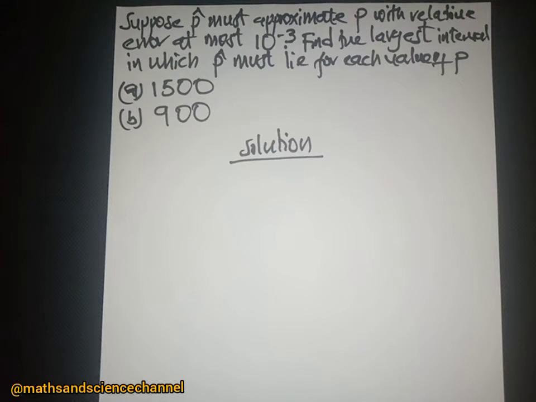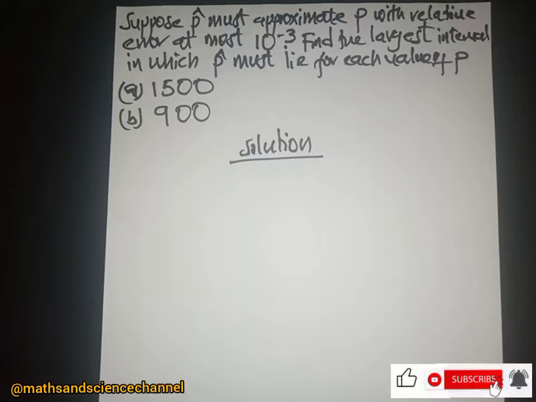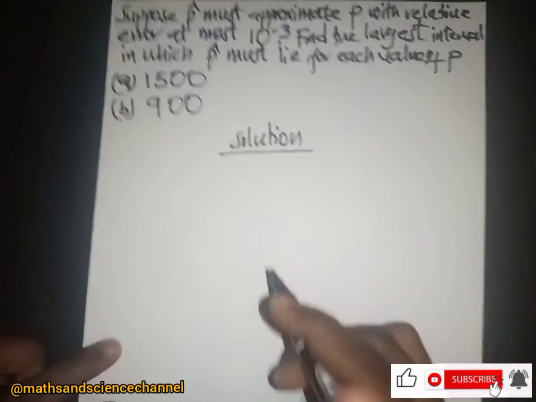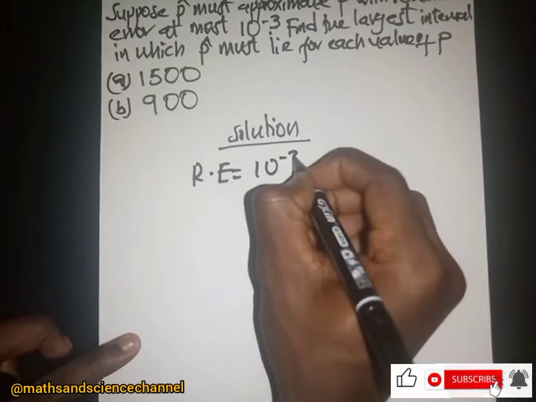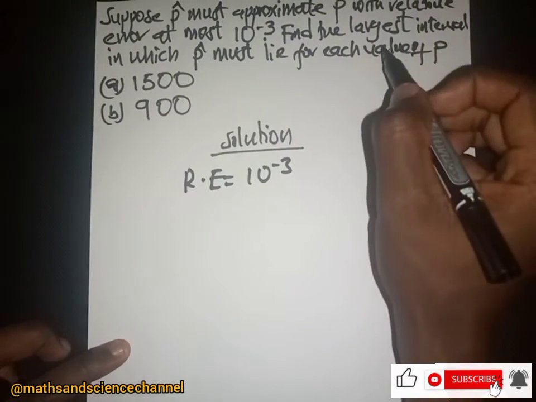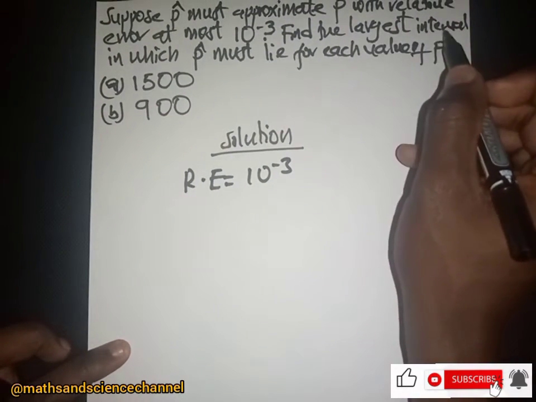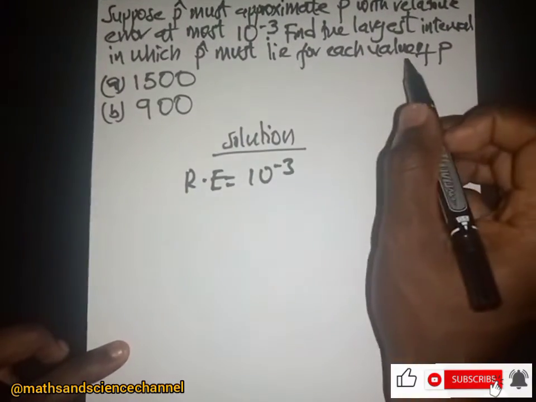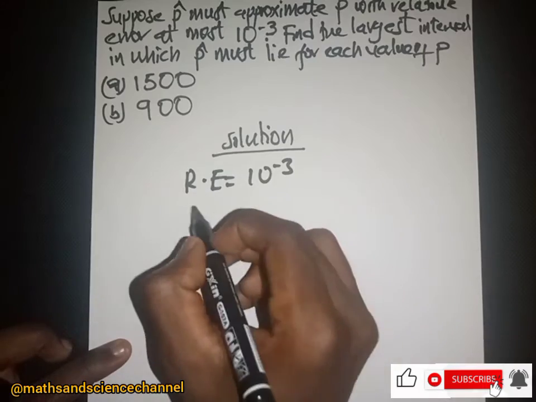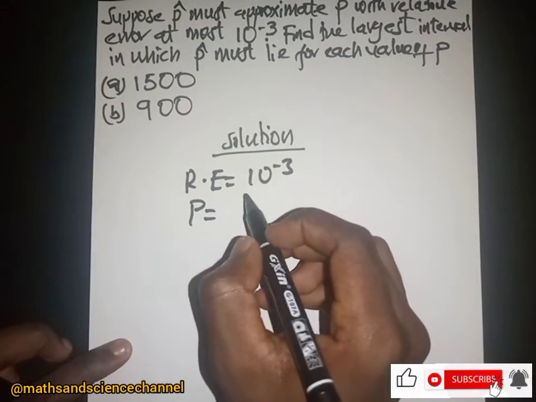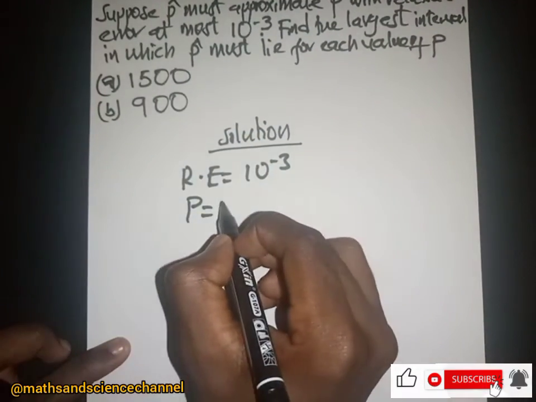This is the second series on absolute and relative error. Suppose P star must approximate P with relative error at most 10 to the power negative 3. In this case we are given the relative error as 10 to the power negative 3, and the question says we should find the largest interval in which P must lie for each value of P. In the first case, P here is